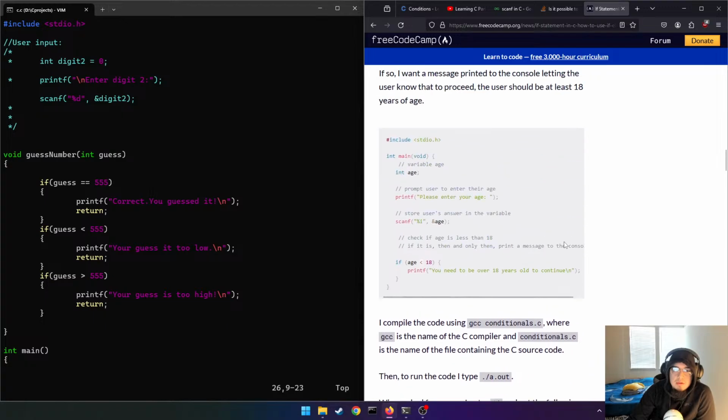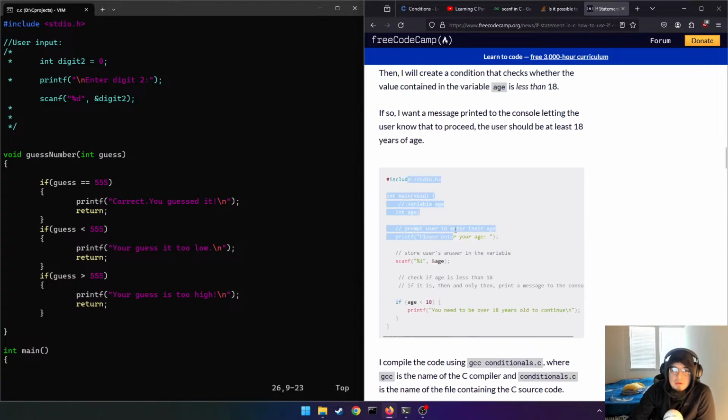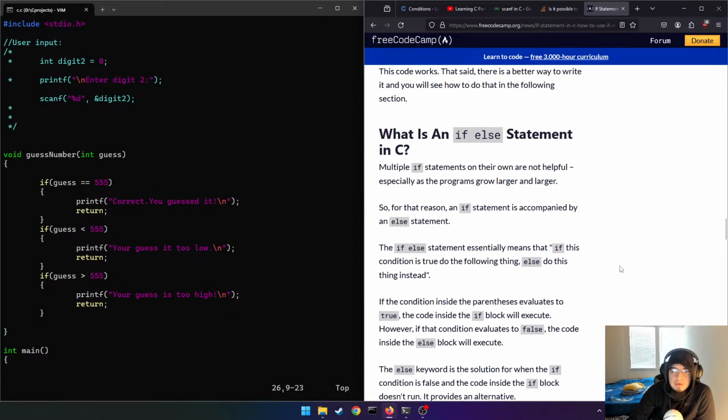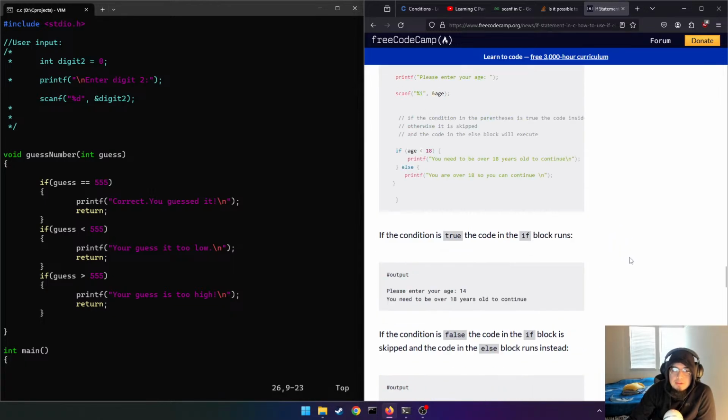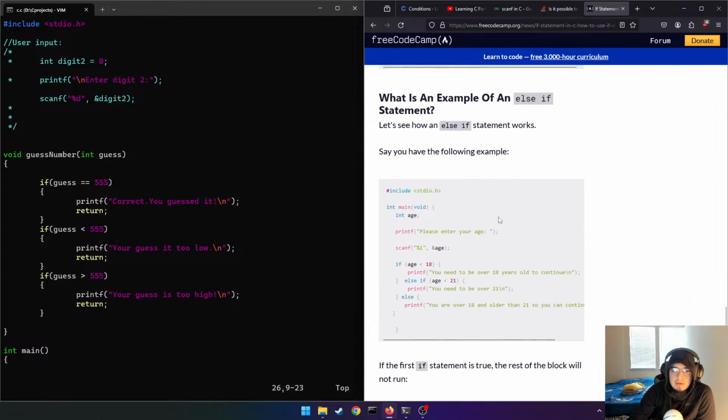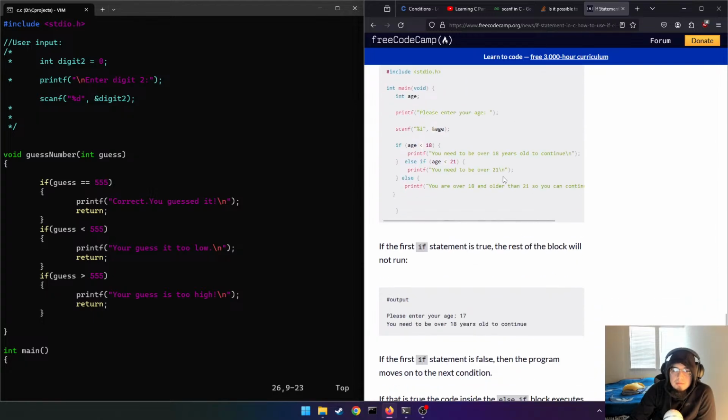Age. Something must be going on with the okay, here we go. If else. If